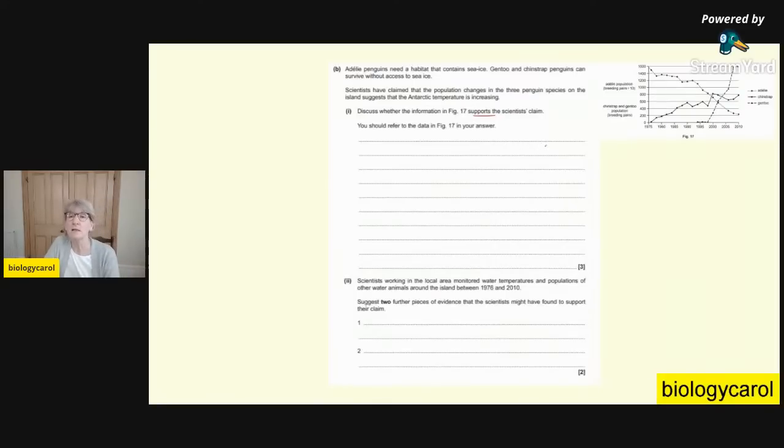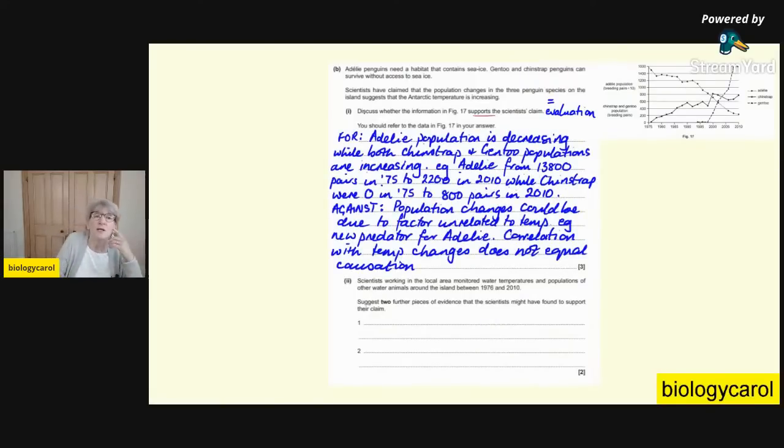Okay, well, given that the Adelie penguins rely on sea ice and their population has decreased, and the other 2 penguins don't rely on sea ice and their populations have increased, that is an argument supporting their claim. Notice that this is an evaluation question. You are basically going pros and cons, for and against, supports and doesn't support. So for,